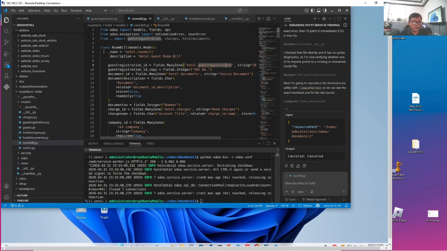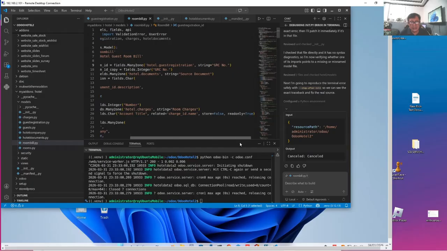Okay, so we have a name attribute, a metadata called hotel.roombill. So the Postgres table will be hotel underscore room bill, and then the description. And then every bill should be related to a guest registration ID. We'll have a copy of the guest registration because if incidentally we lose the registration ID, we will just replace it. There are instances where we could lose it, so we'll just get a copy of the guest registration ID.